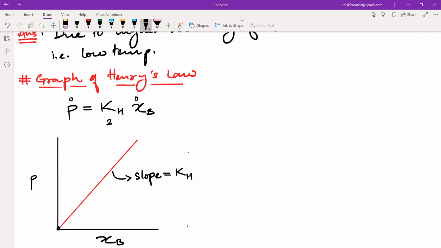Correct है फातिमा? Yes, sir. And अब बताइए, when the mole fraction will be 1, प्रेशर कितना हो जाएगा? 2 हो जाएगा. तो यहाँ पे chi B आपका 1 हो गया, ये प्रेशर यहाँ पे 2 हो जाएगा. ठीक है, so I am just plotting it here. अब उसके बाद आगे प्लॉट होगा 4, करेक्ट है? तो 0, then 2, then 4, then 6, then 8 ऐसे बढ़ता जाएगा. You will get a straight line passing through the origin.